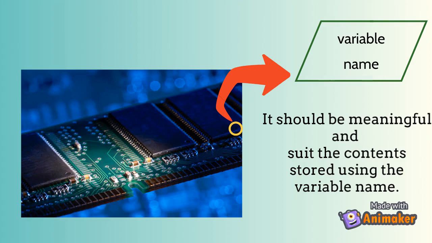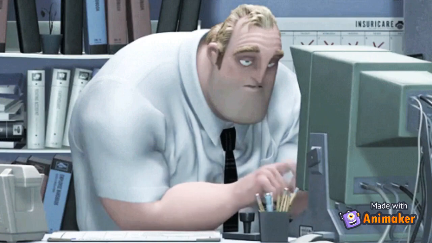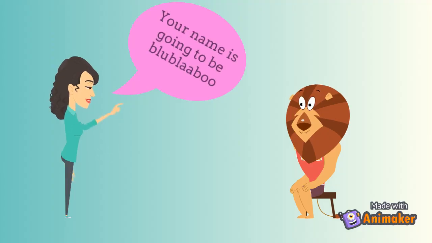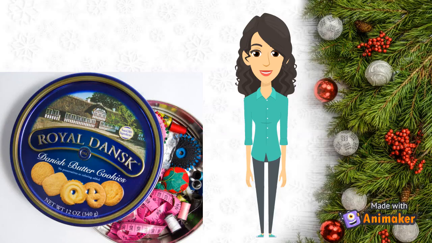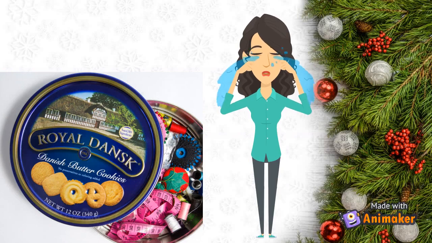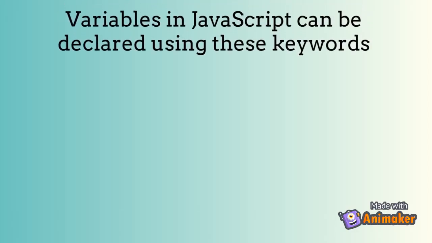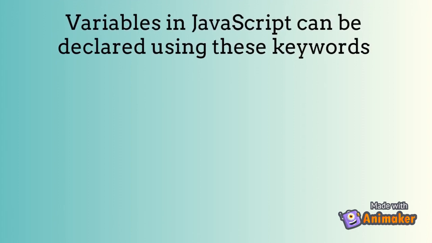Be kind and make your code easier for others to read, and always give your variables meaningful names and not just XYZ, because that other person can be you when you revisit your code after a few months or maybe a few years. How do you feel when you find needles and thread in the candy box? Well, the same. Coming back to variables, let's see how it is created in JavaScript.